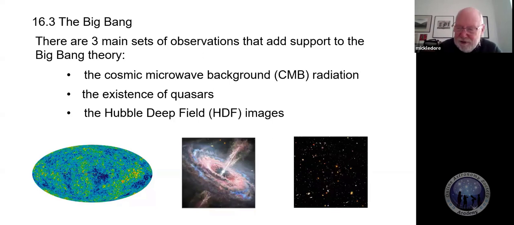And also Hubble, in its latter, senior days, was made to take images of blank, empty areas of sky to see if there happened to be anything there. And astronomers found millions of galaxies. Again, far denser regions of galaxies early on in the universe compared with now. So again, evidence for the fact that the universe has evolved. And that really can only happen with the Big Bang Theory.